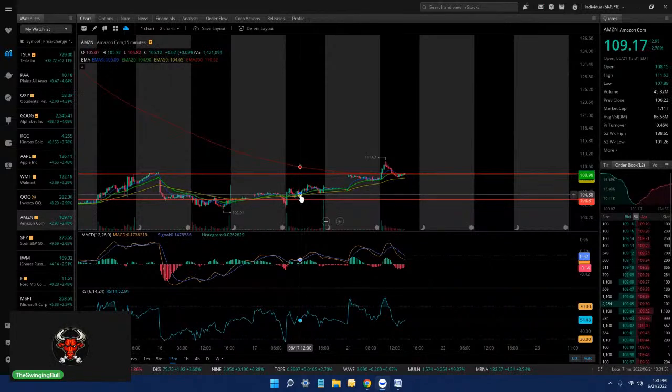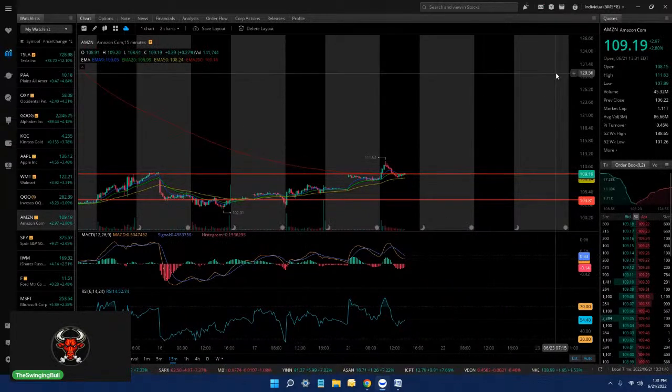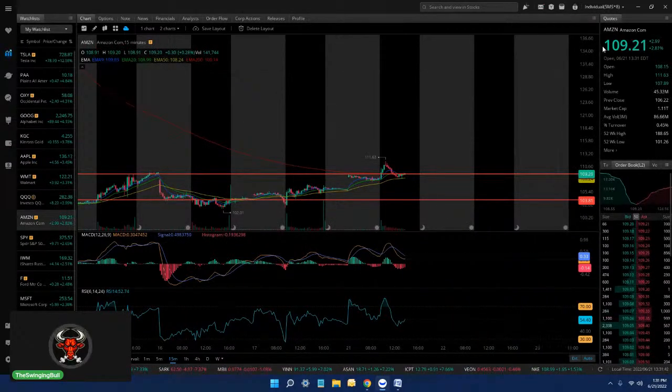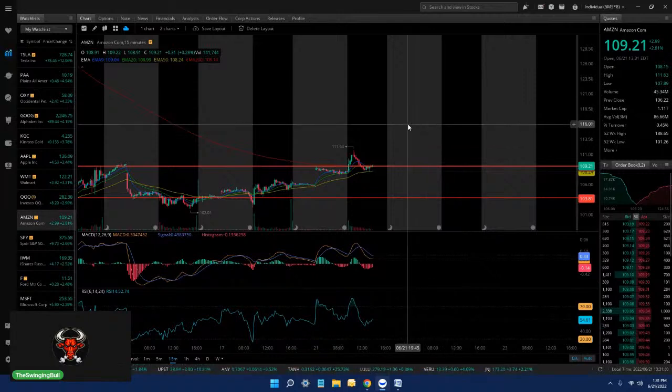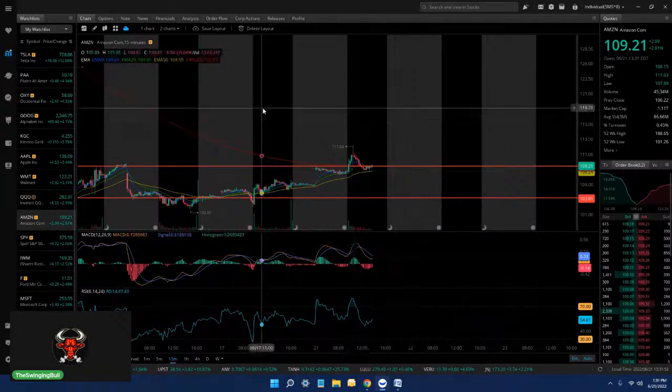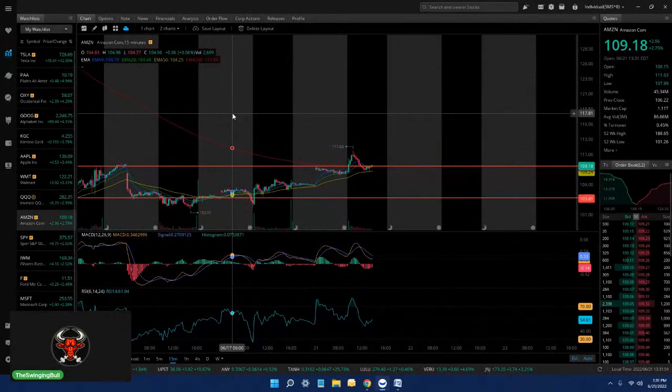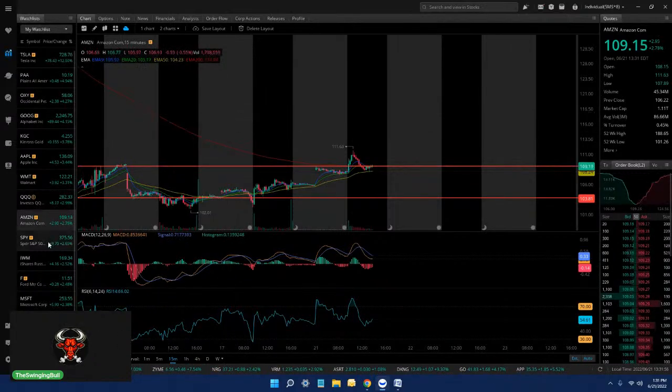I thought that was a good deal for Amazon, so I picked up some shares for my retirement account. And as you can see, they're trading at around 109 right now. So I'm already up, and that was just my first entry that I did last Friday. So there are a lot of great deals out there. As far as the market in general,